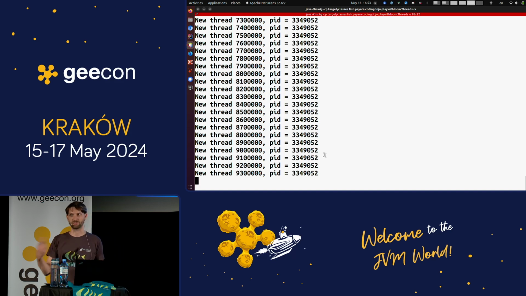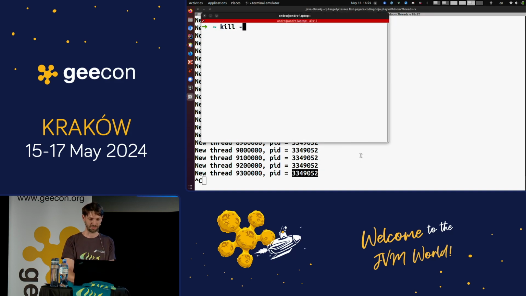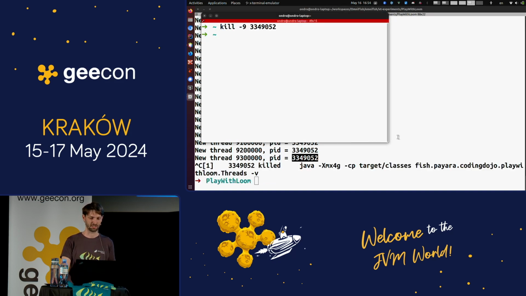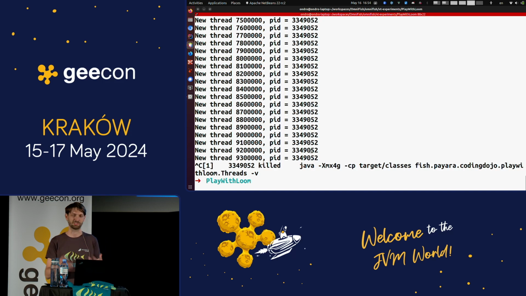Now garbage collector is trashing my CPU. I don't have time to show you everything, but CPU is really high now, and after a while it will kill the process because it cannot allocate more memory. But this happens after 9 million. And now I can't even kill it, that's why I have this PID here, so that I can kill -9. And then I kill the process. But the process is not responding, it doesn't even respond to my kill signal.